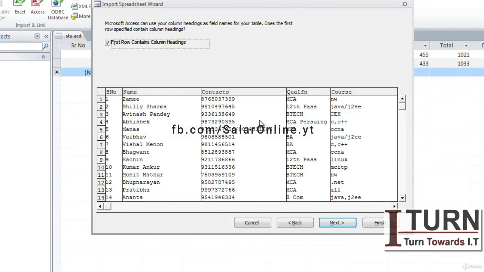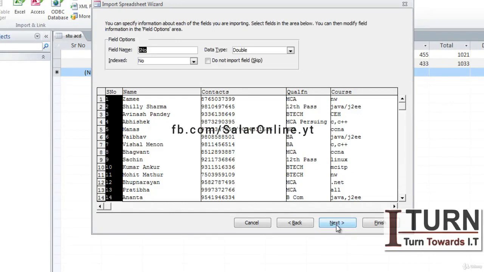If you do not do this, then these headings will be considered as data, and you will see Field1, Field2, Field3 as heading options, which I don't want. So that's the reason I've clicked here that first row contain column headings. Then click next. In the next step, it's giving a few further options, that is field options like field name, serial number,